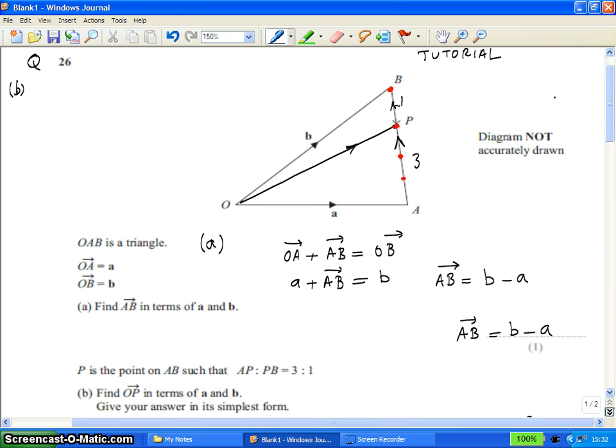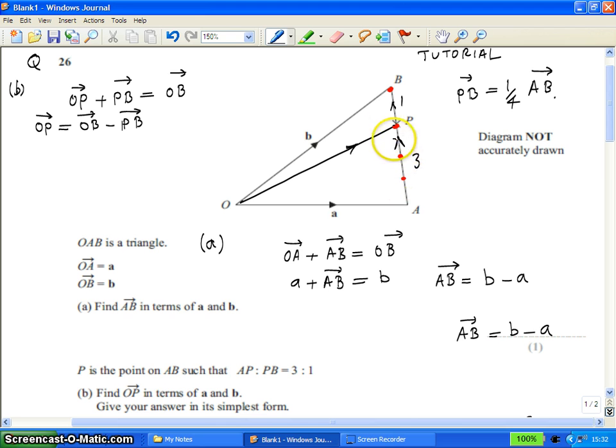So looking at that triangle and putting this arrow also in that direction and applying the triangular law of vectors, I can say OP is going in the same direction as PB. So OP plus PB must equal the side which is going in the opposite direction, OB. Okay, so therefore making OP the subject, I can say OP is equal to OB minus PB. But we know from the diagram here that PB is equal to 1/4 of AB,